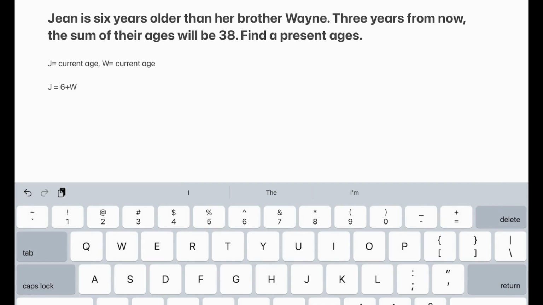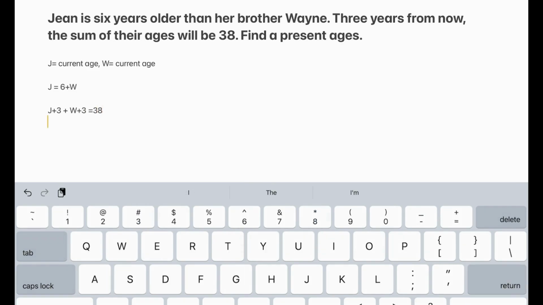What will be their age 3 years from now? Is 3 years from now in the future or in the past? Future. So when you add, we have to add both of their ages 3 years from now. Jean's age after 3 years will be today's age plus 3. Wayne's age will be today's age plus 3. And they told us the sum of their ages 3 years from now will be equal to